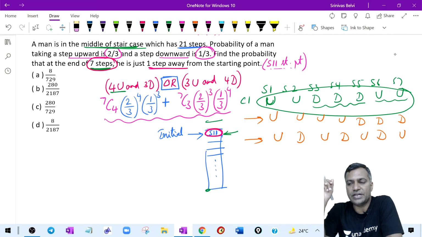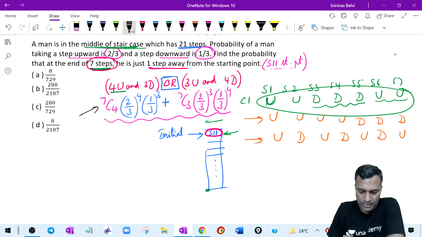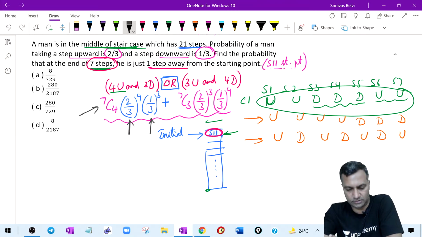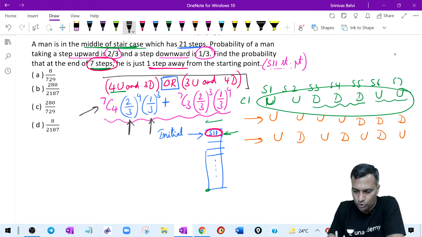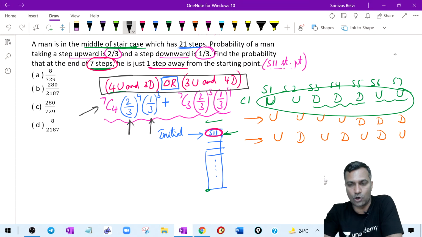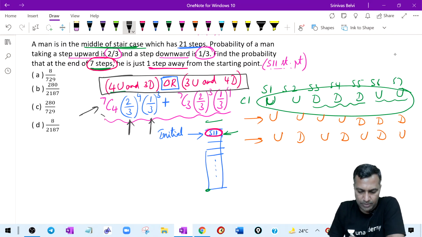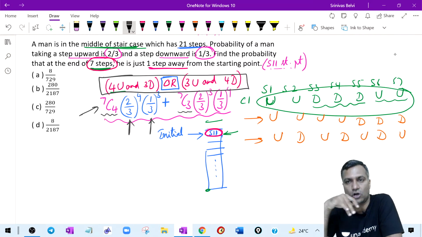Is this clear, what we discussed? You understood each element, what I meant by 7C4, what I meant by 2 by 3, what I meant by 1 by 3. Are all these numbers clear? The logic clear? Once we get the logic behind the question, once I write this statement, how do we present this thought? We have to start by writing 7C4, or we have to start by writing 7C3 and present this thought. Clear, everybody? Good.